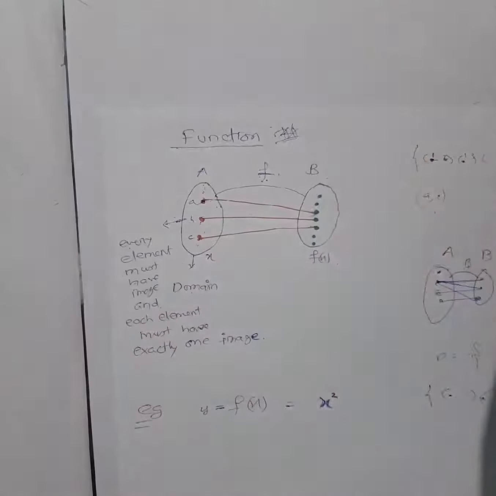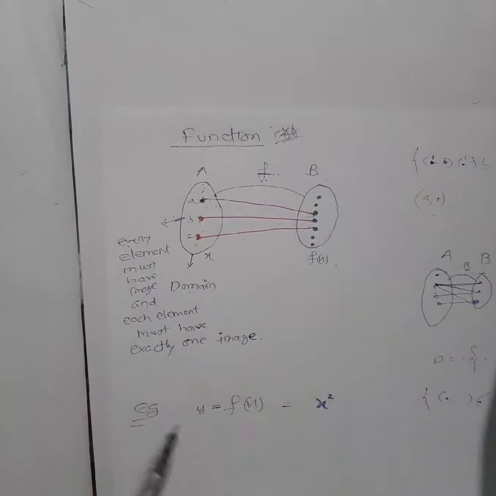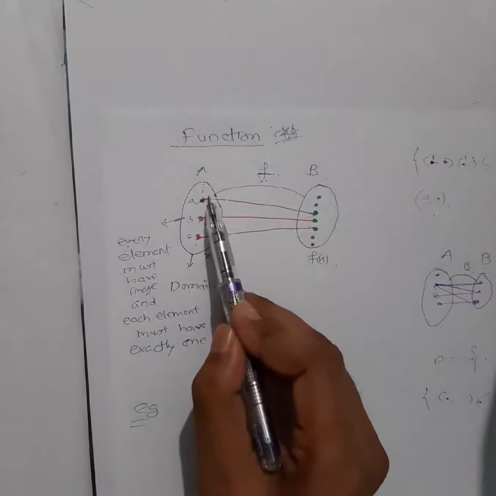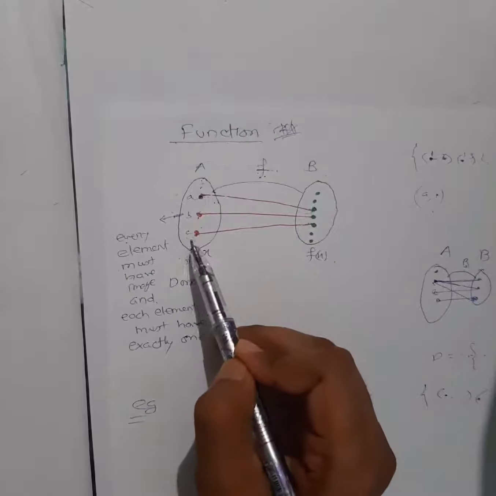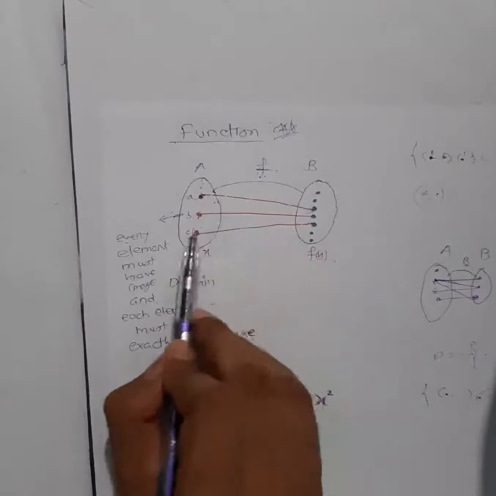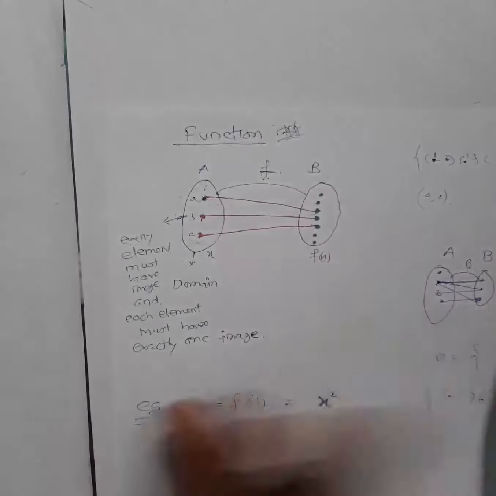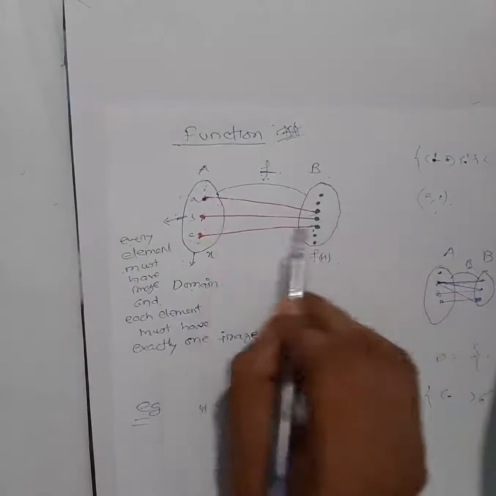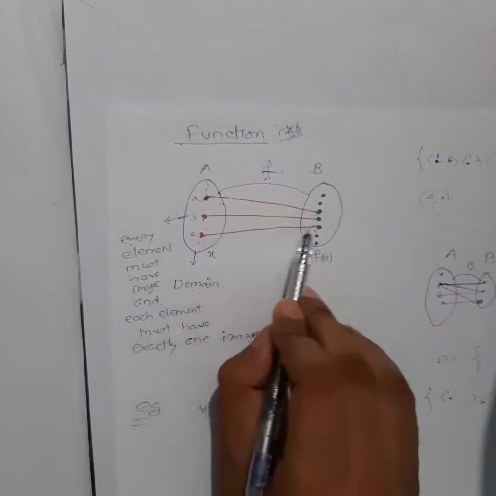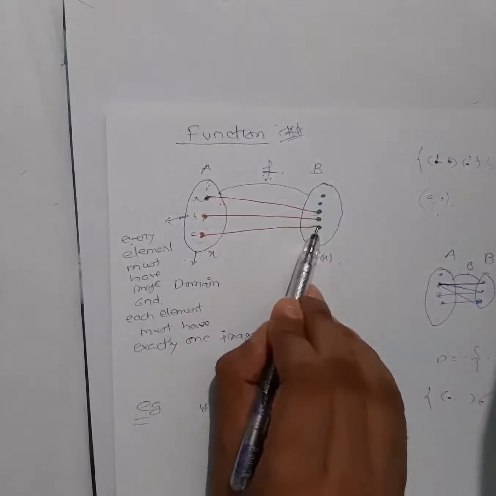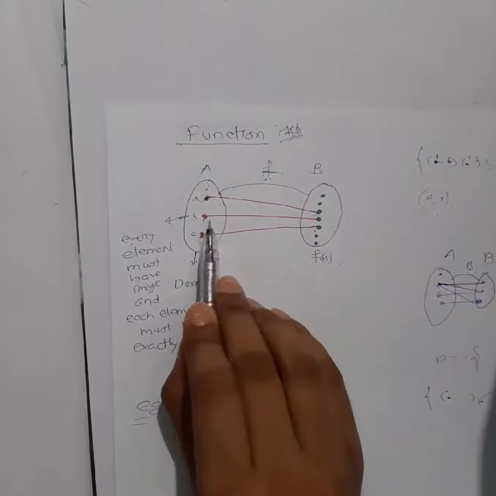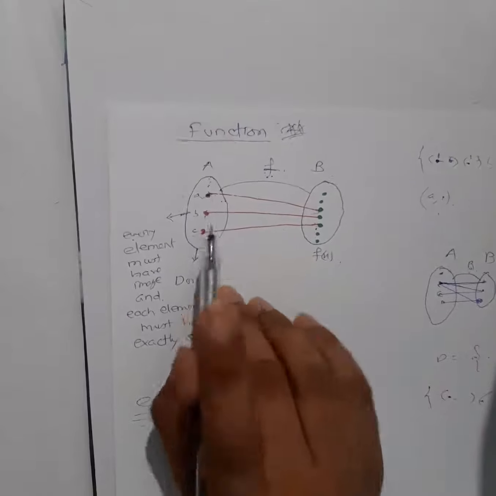Okay, what is a function? Two conditions must be satisfied to define a function. What are they? Every element must have an image. Next, every element must have exactly one image. Now for the second set we don't put any importance right now. It might relate to this, it might relate to this also, no problem. But in this set each element must be related to only one element. But it can be like this also. If I draw a different type of arrow diagram here, it can be like this.